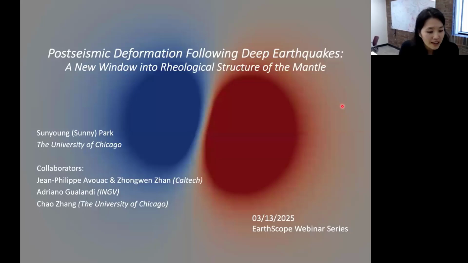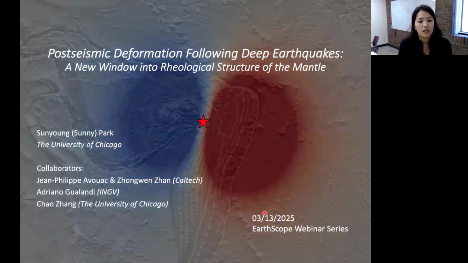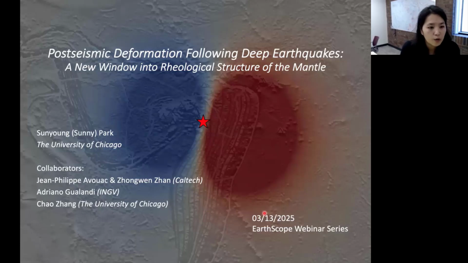So I decided to start the slide with the blue and red blob here because I'm a seismologist, but actually these blue and red blobs are not velocity structure here. It's actually showing you postseismic deformation following a deep earthquake. And that's what I would like to talk about today, with the subtitle being a new window into rheological structure